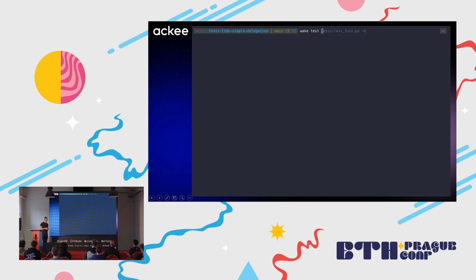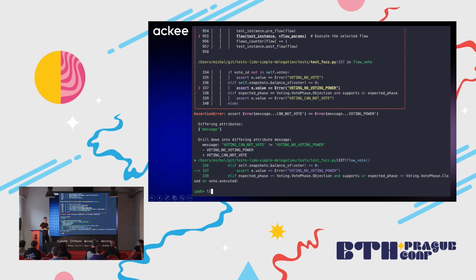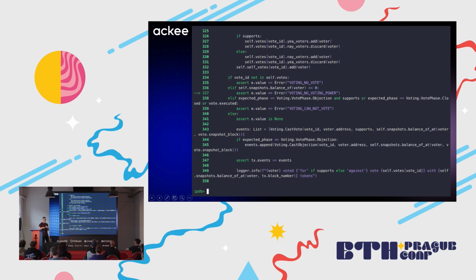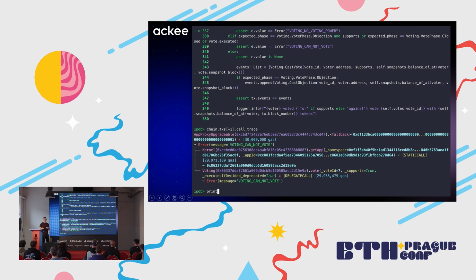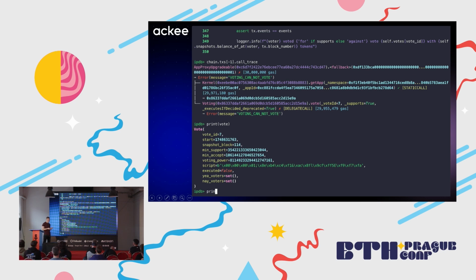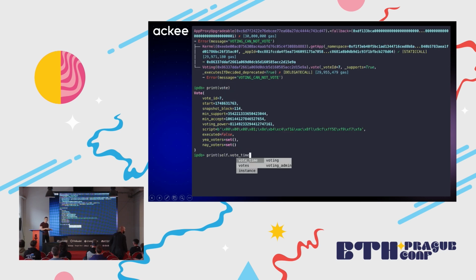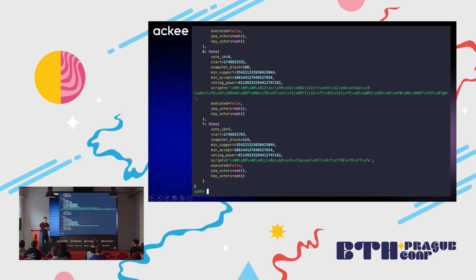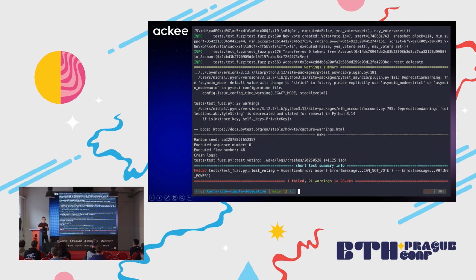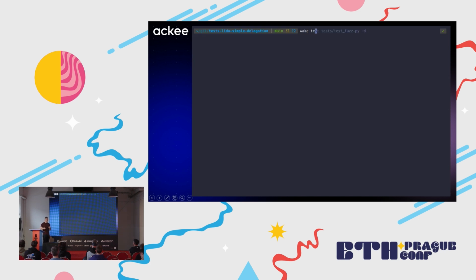Then there's the animation. We are running a test in Wake, a fast test with some debugging option. And once we encounter an issue, an assertion error, we can enter the debugger. We can print the code around the issue or the line where the issue occurred. And we can also print a call trace for any transaction that happened in the past. We can print the local state and even some, let's say, global state saved in Python, or we can interact with the contracts on chain. We can even send new transactions and deploy new contracts from within the debugger. So it's very powerful, and it helps a lot when, again, debugging some complicated stuff.